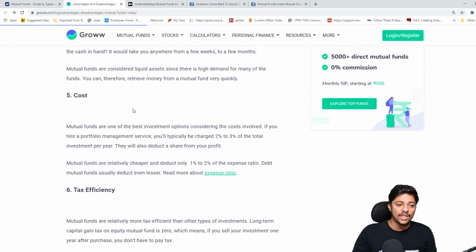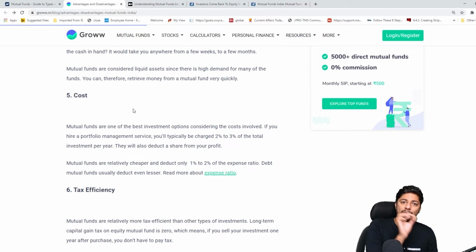Okay, now look at the cost assigned to it. Now, because you're not an expert, okay, and if you try to go invest in the stock market, there's a very high probability that you might fail. Okay, because you have no idea about the stock market. But if you give it to a professional manager who's saying that my entire danda pani depends on me giving you some good returns in the future, what if I take a small percentage?